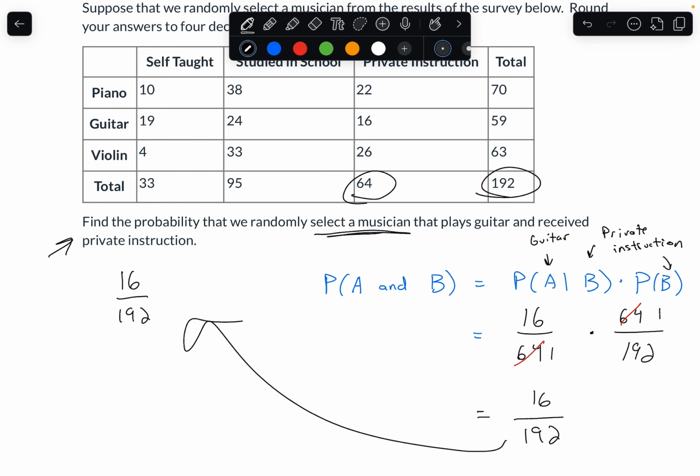So we didn't really need to use this formula, but it is good just to practice it. The one takeaway that I would think about when we're working with these probabilities is, in general, when we're working with and probabilities, we are almost always going to be